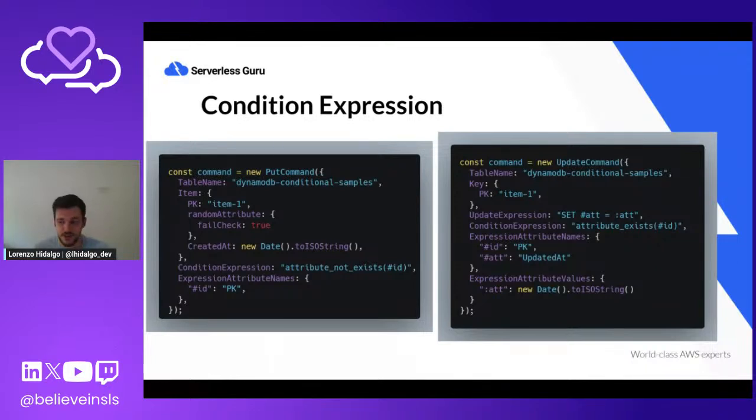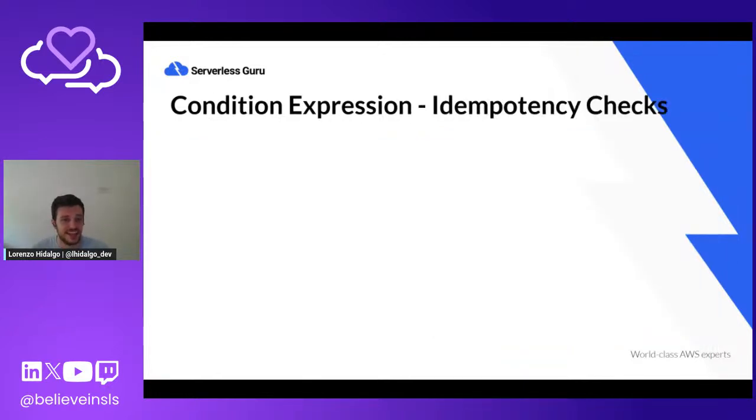But now, developers will be thinking, yeah, okay, thanks, I already knew that. What's new about condition expressions, or what can I do with them? Things like idempotency checks. Idempotency checks are used mostly in EDA, event-driven architectures, where we know that by default, AWS services such as SQS, SNS, and EventBridge will deliver at least once, meaning that you could receive an event multiple